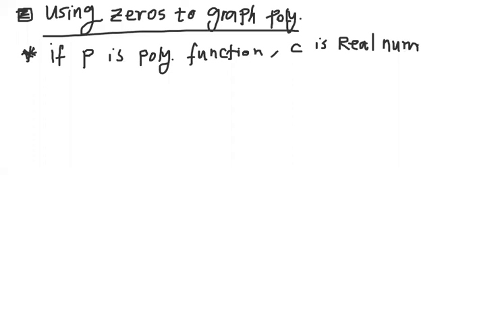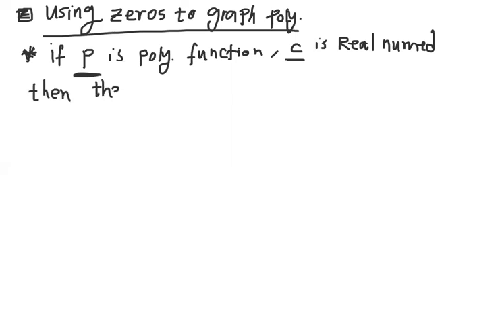So I defined 2 things: p is a polynomial function and c is a real number. The real numbers again include negatives like -5, -6, the natural numbers, the integers, and the rational and irrational numbers. All these are real numbers. Then, okay,